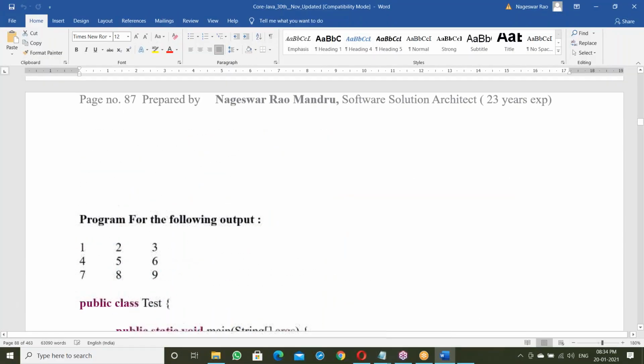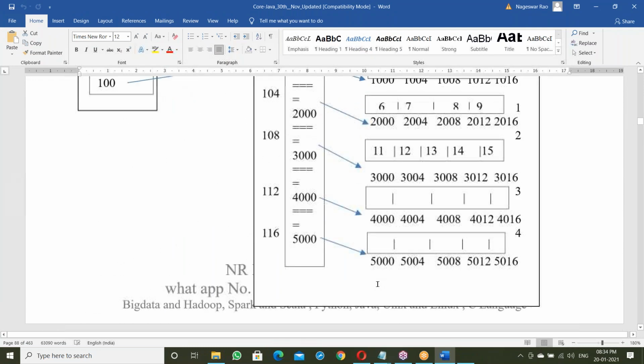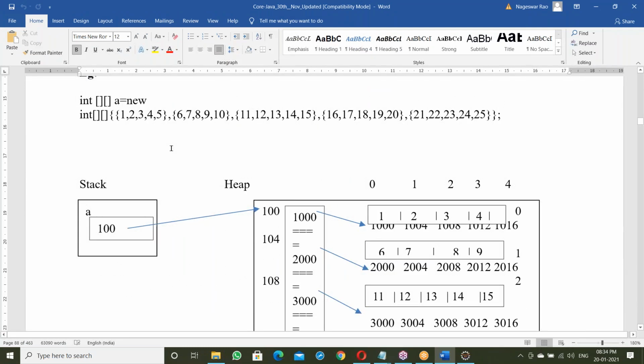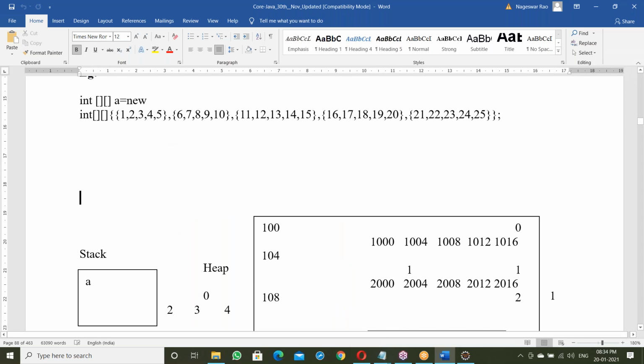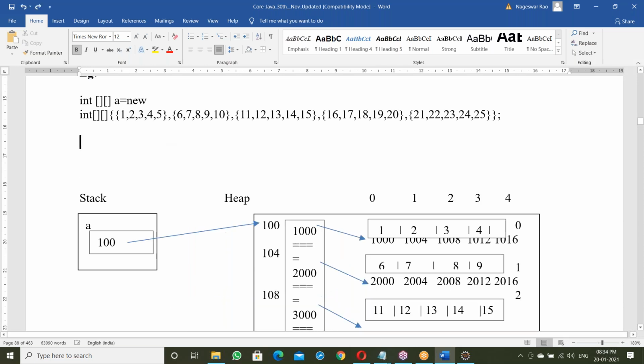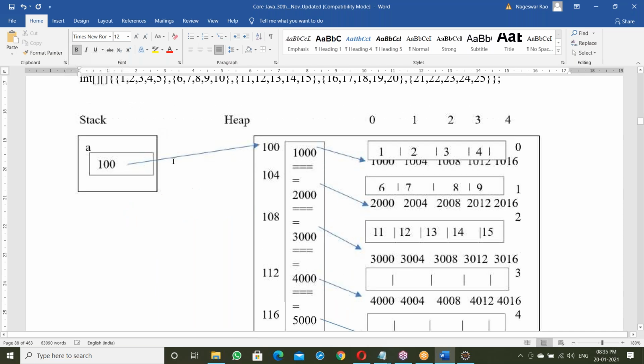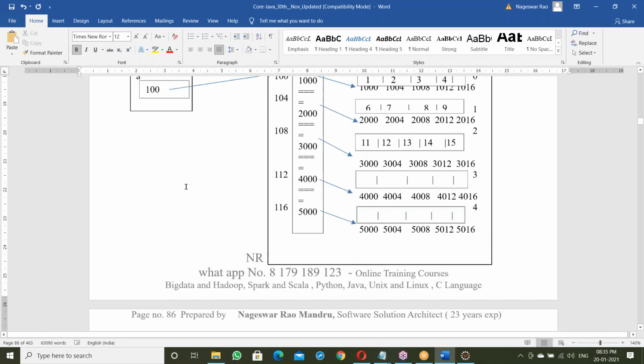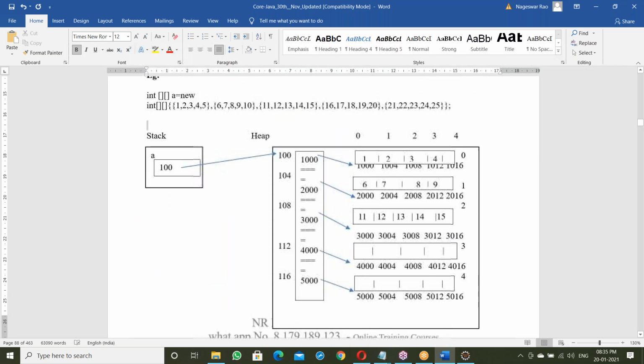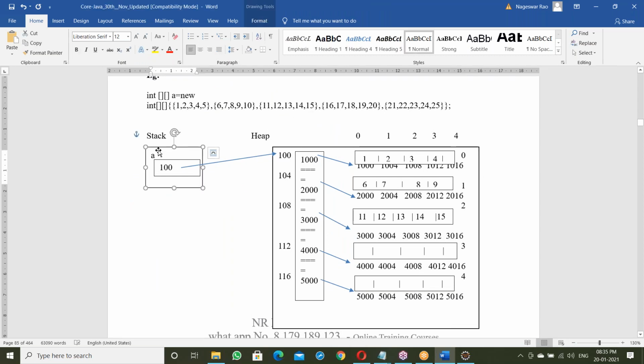Now let us come to this memory map. First, A should be there.